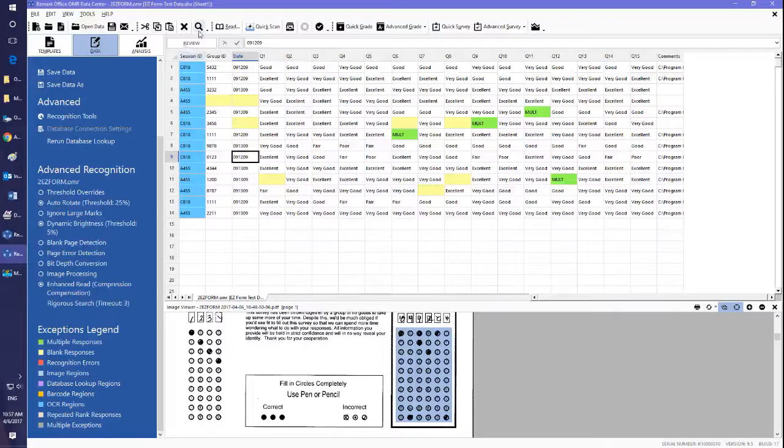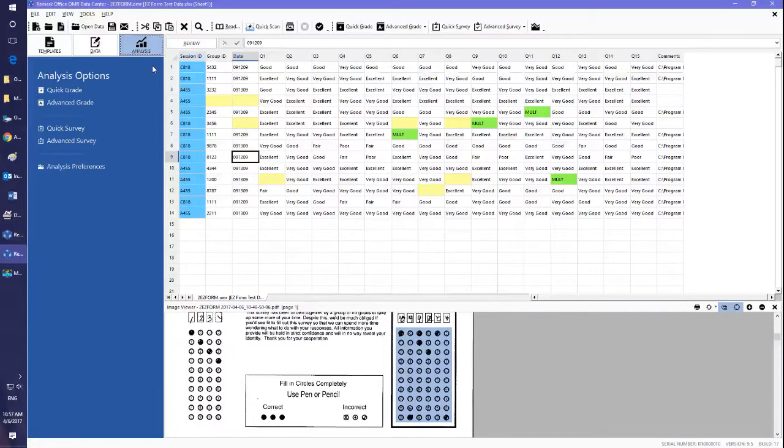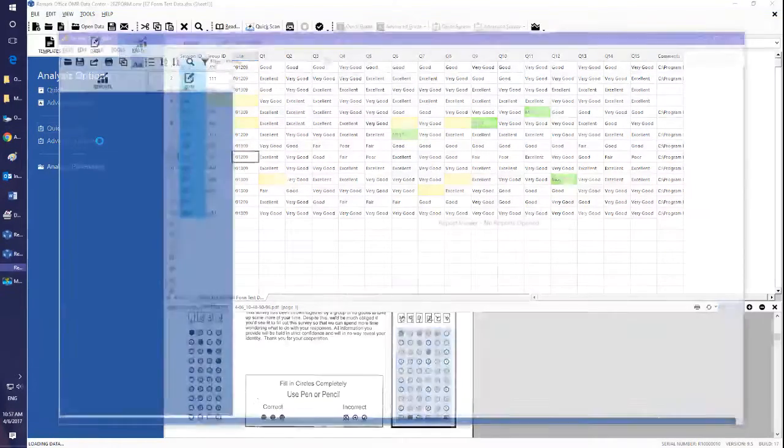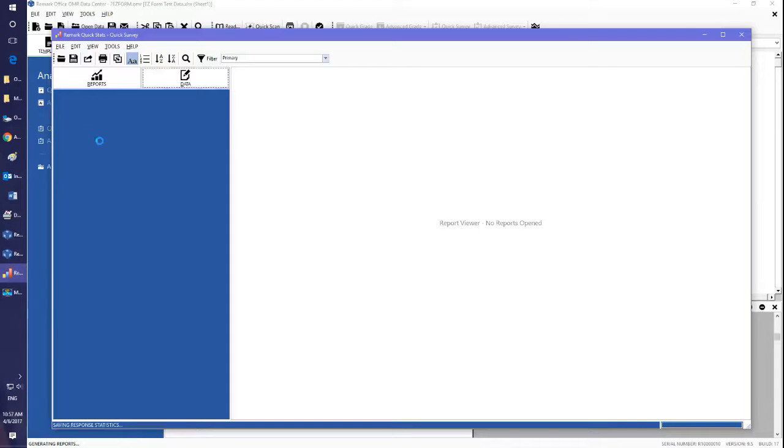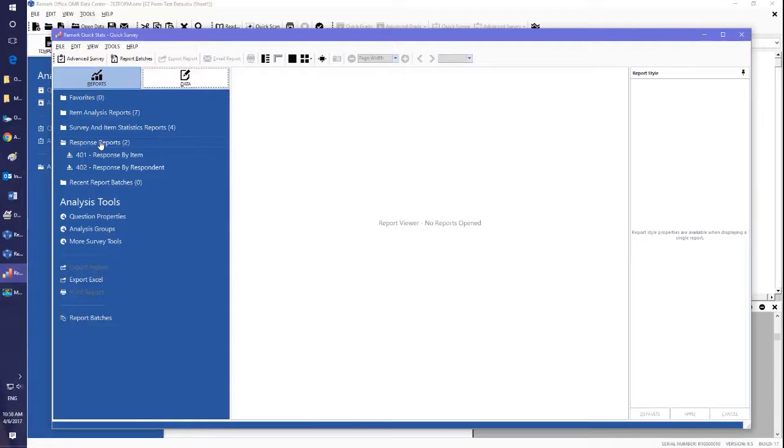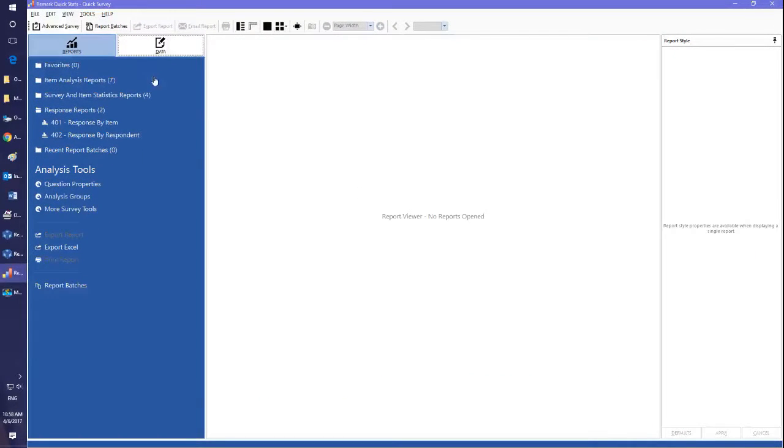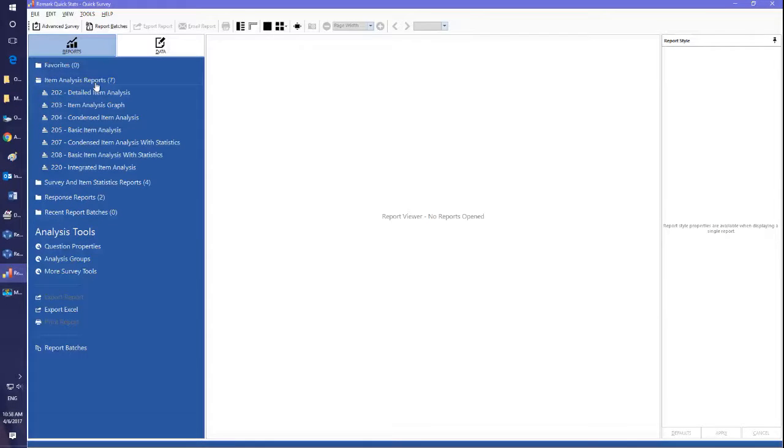Okay, I'm going to then click on the Analysis tab here, and this is the next thing we can do with the data, and these are the reports. So since we're doing a survey, we're going to click on either Quick Survey or Advanced Survey. I'm going to click on Quick Survey, and we're going to start. That starts up the third module of the Remark Office software called Remark Quick Stats. And what it does is take us into the report generator, the Remark Quick Stats program, and we can then click on Reports. These are all what I call one-click reports, and I'll show you why, because when you click here, it runs a